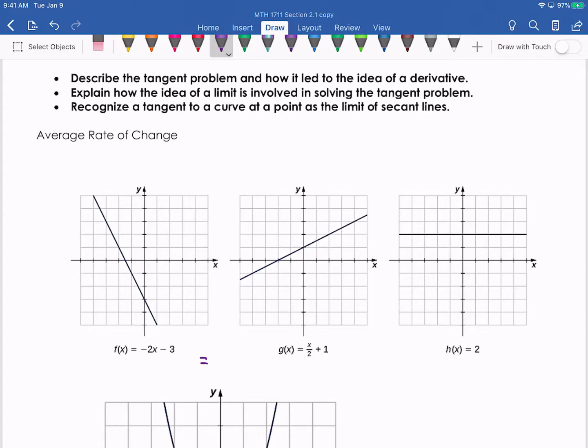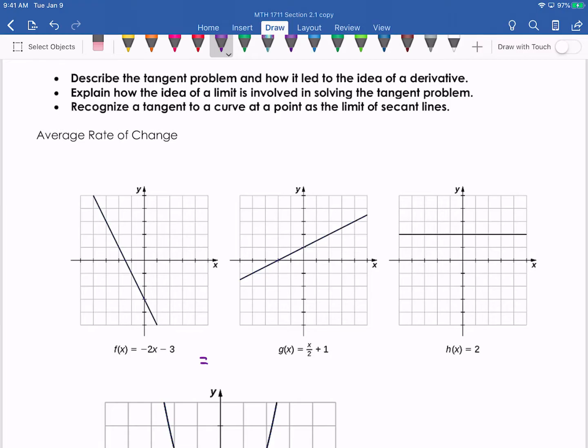Welcome to calculus. In this first video, we're going to introduce you to calculus by describing a couple of the problems that led us to develop calculus. One of the big problems that mathematicians had that led us to develop calculus was called the tangent problem. This is how we want to determine the slope of a line that's tangent to a curve just at